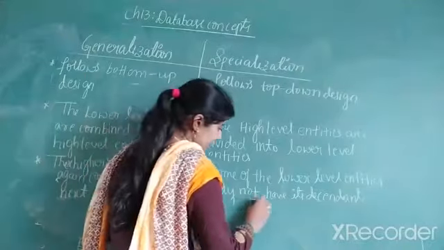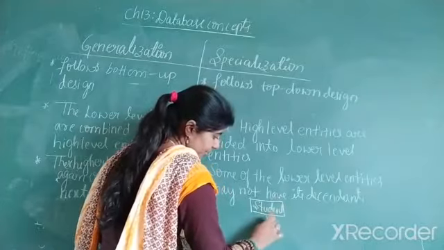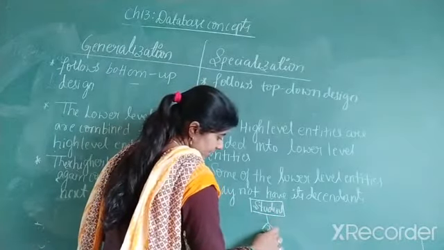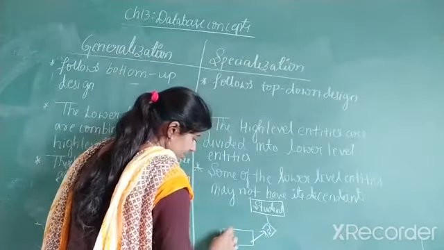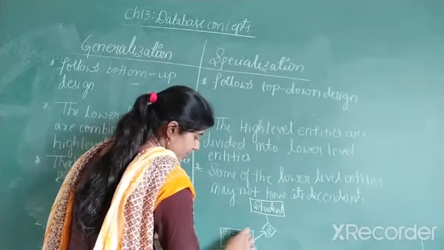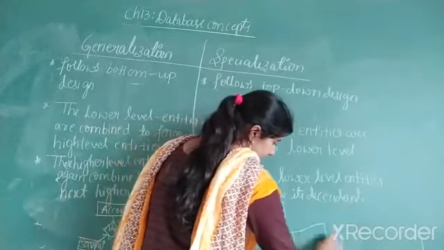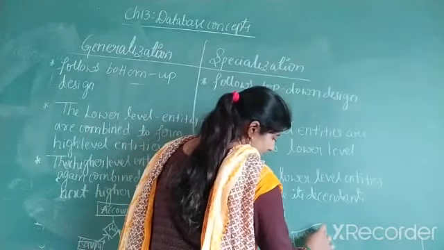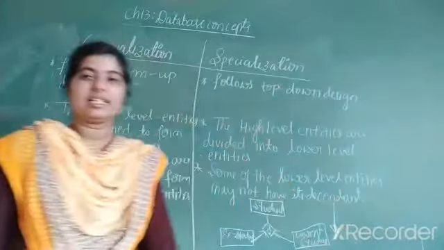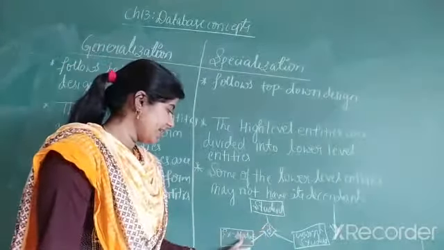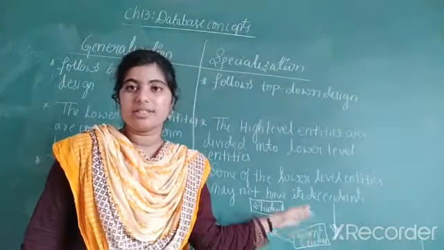And when you consider an example for specialization, here is student, and you can take the relationship here. Student is a ex-student, meaning a student who has already passed out, or the student is a current student, meaning a presently studying student. So this can be read like a top-down design.